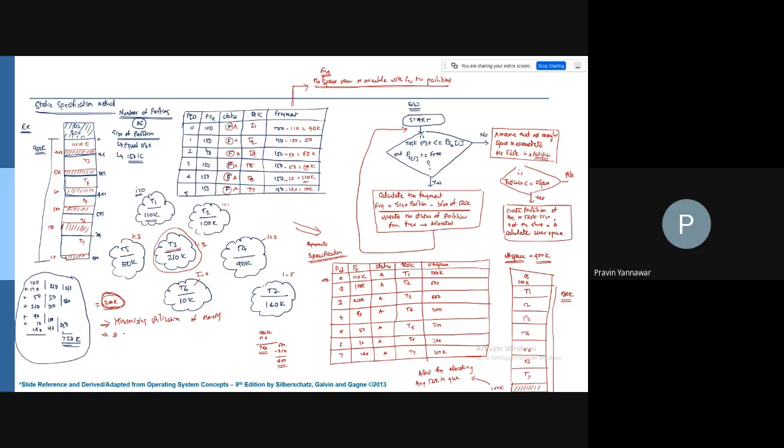But still, slightly, overheads are increased. They are not very significant, but there is a slight increase in the overheads. Okay, so that's it for this particular